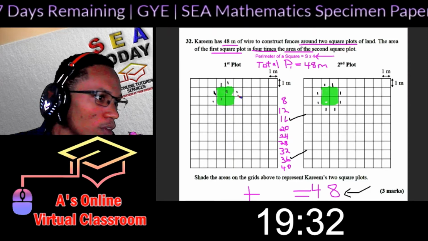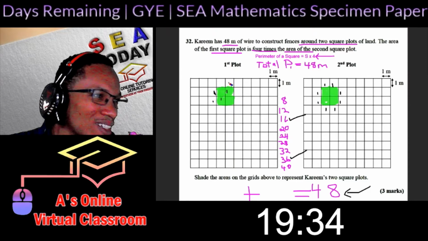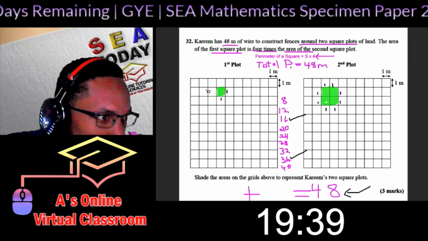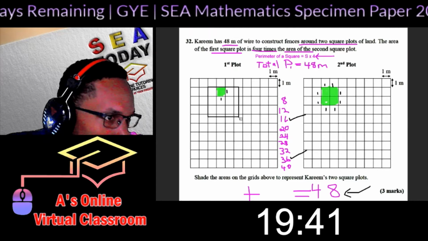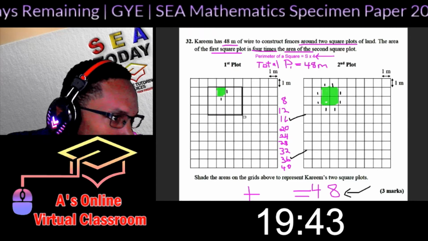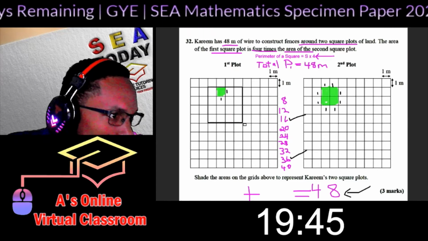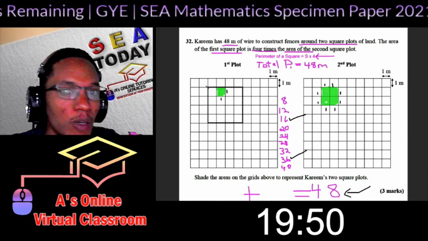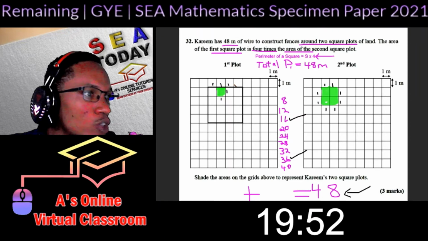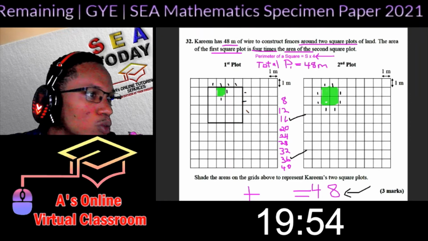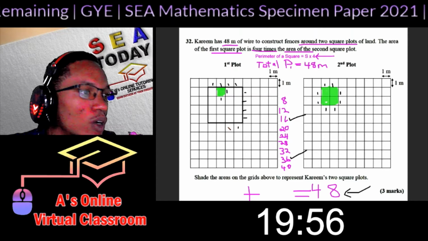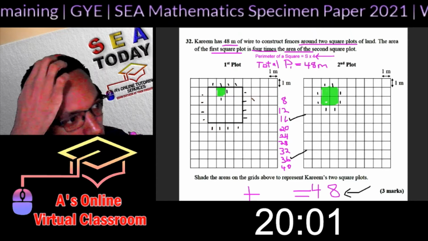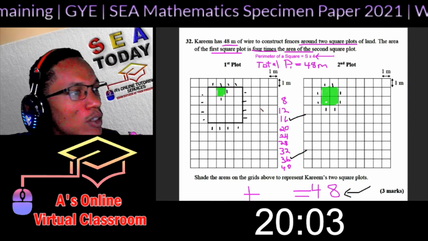If our square number is 16, we should have a square that is 4 by 4, because it's a square number. So we have 1, 2, 3, 4, 1, 2, 3, 4, 1, 2, 3, 4, 1, 2, 3, 4. So that is 4 by 4, which is 16,